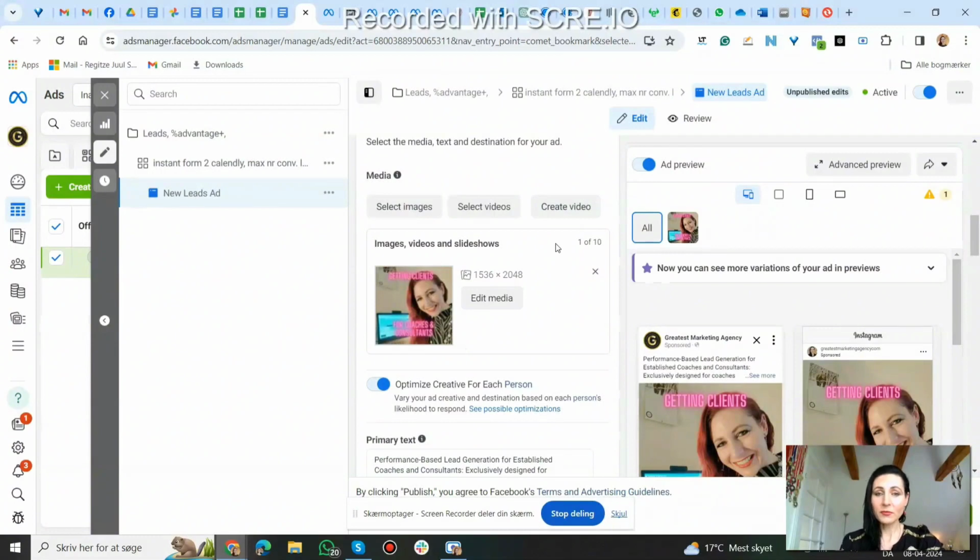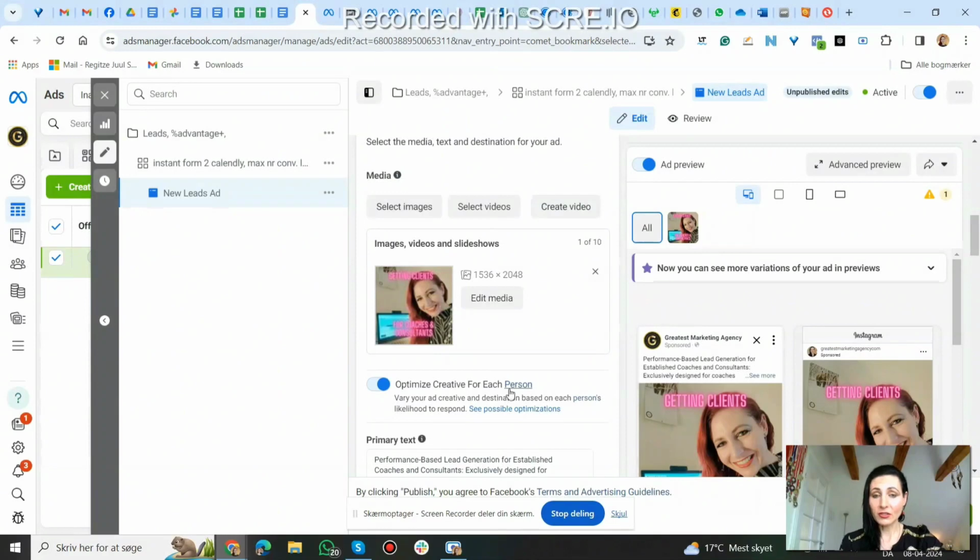You can add up to 10 images, videos, or slideshows. But only if you are putting a pretty big budget behind it, you should add so many elements, because otherwise it's too many variants that Facebook has to kind of test,